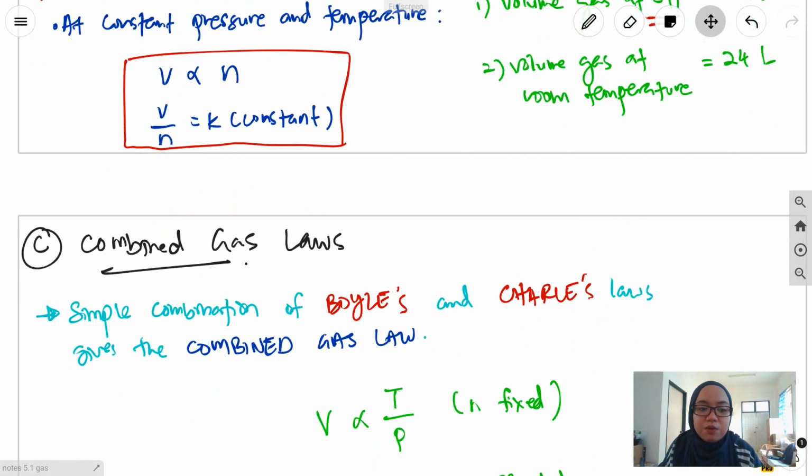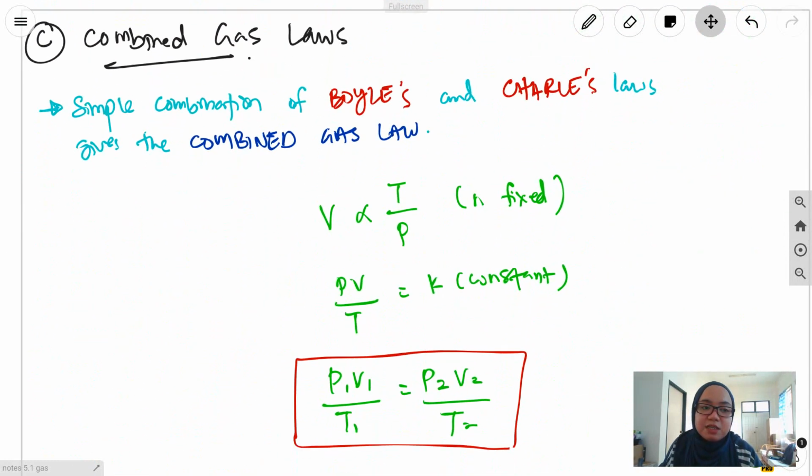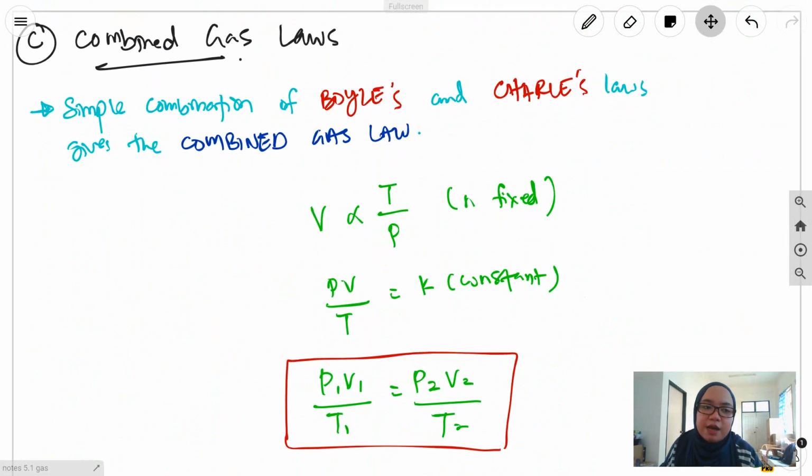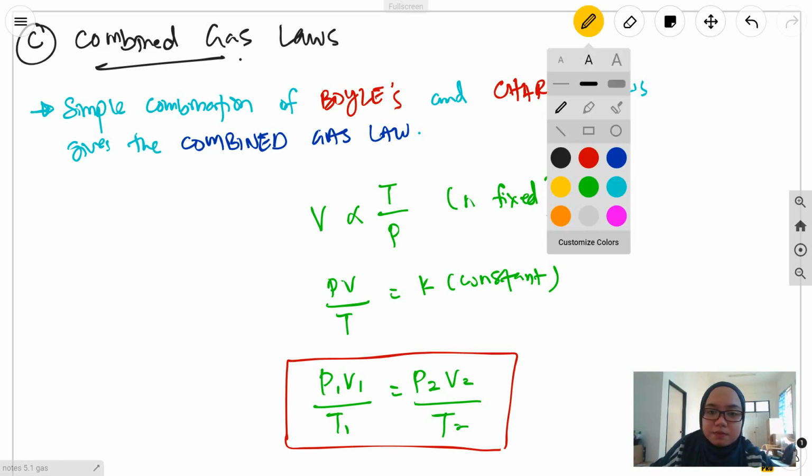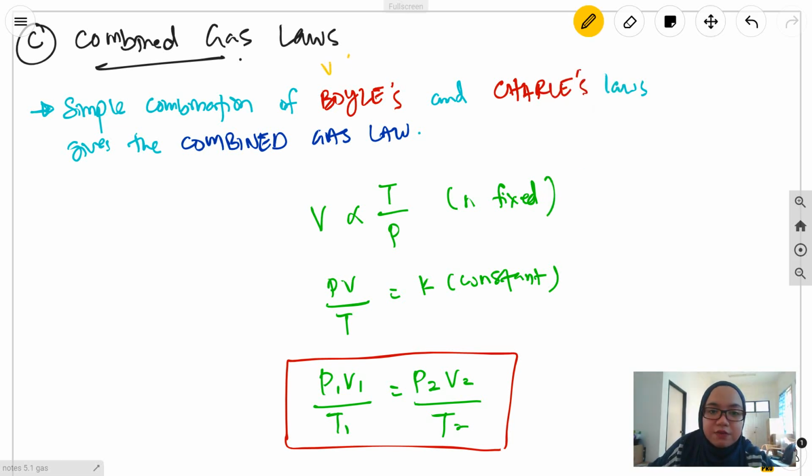Now, we are going to look at the combined gas law. This is what I got from the lecture notes. The combined gas law is basically the simple combination of Boyle's law and Charles' law. For example, we know that for Boyle's law, V is inversely proportional to pressure, and for Charles' law, V is directly proportional to T. So when we combine this, we got